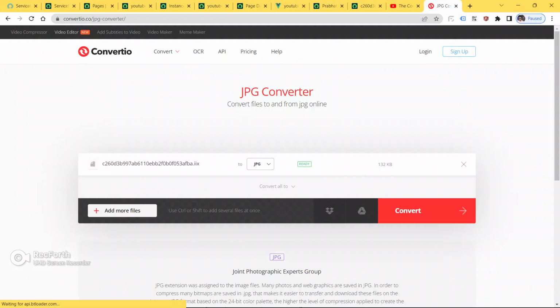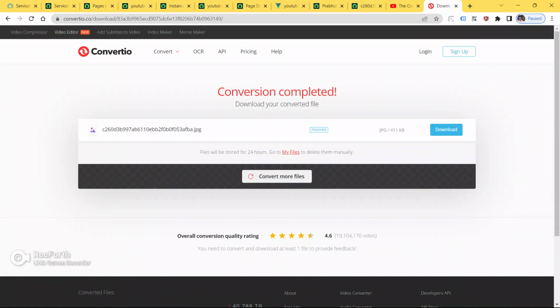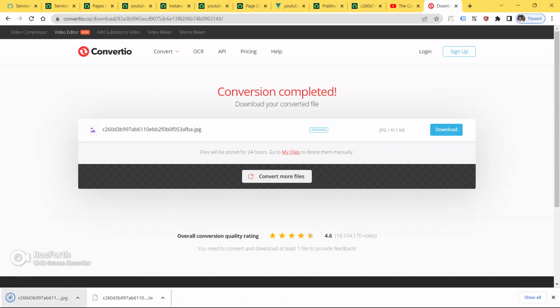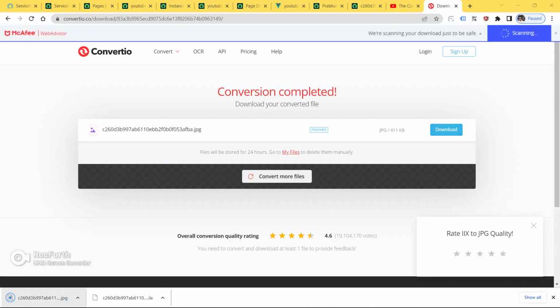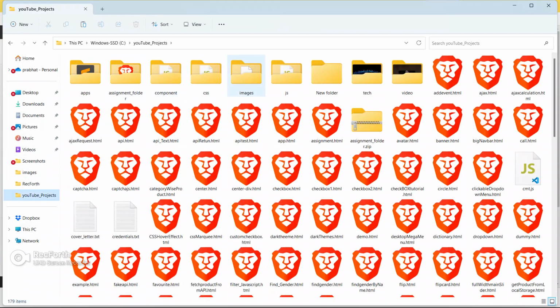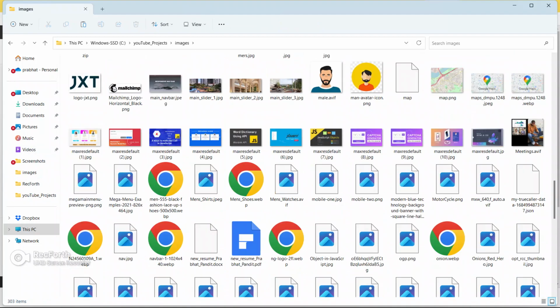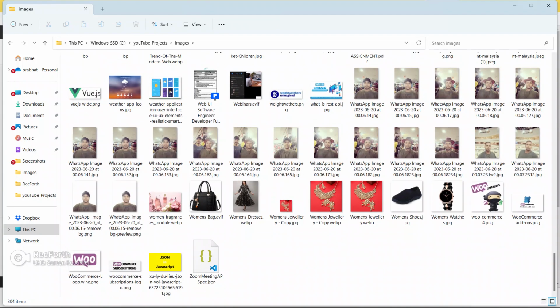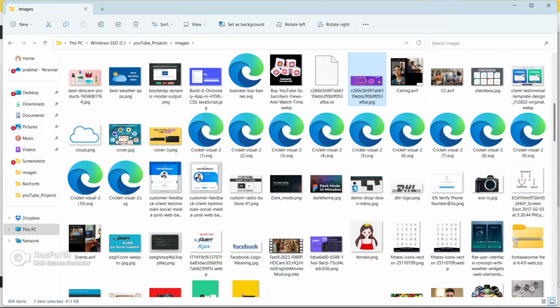Click here, choose file. Now click convert. Download the image now. Open this in the folder, cut this out, go here and paste it here only.